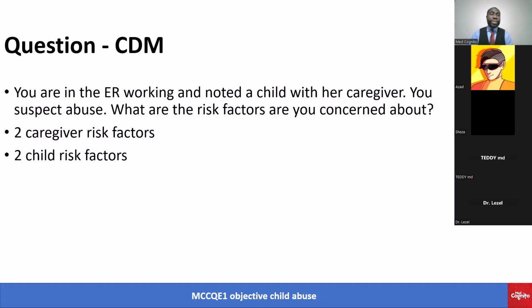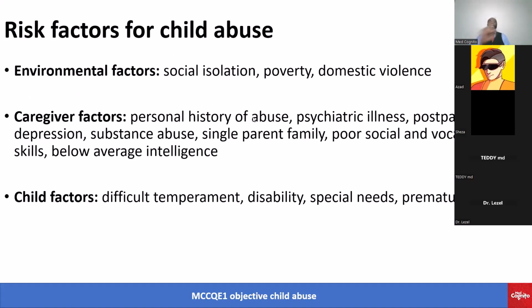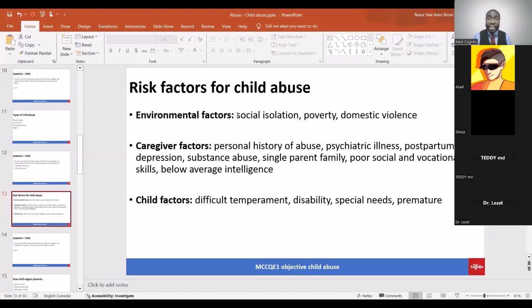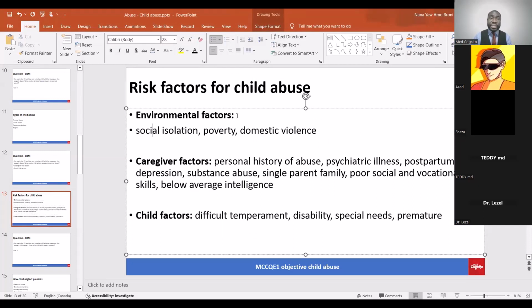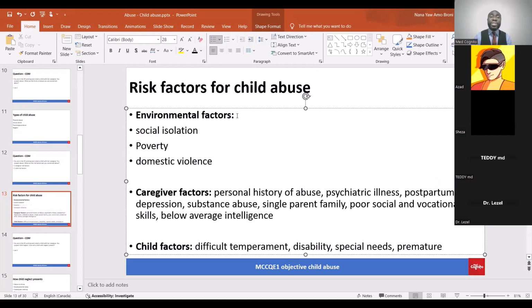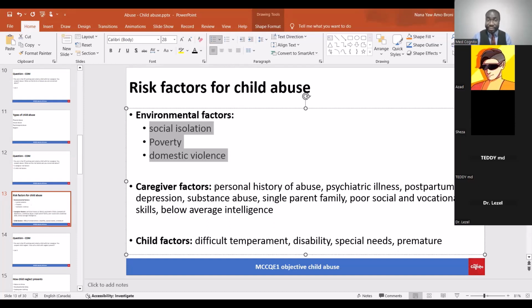Okay, sure. So let's go. This is something I want you to take note of. The way I wrote my answers is wrong. Don't do it this way. Let me unshare my screen and show you what I mean. If it is environmental risk factors, make sure one answer per line. I just did this so that you will understand what I'm talking about. One answer per line. Please, in the exam, one answer per line.